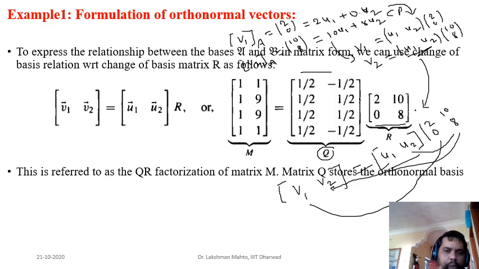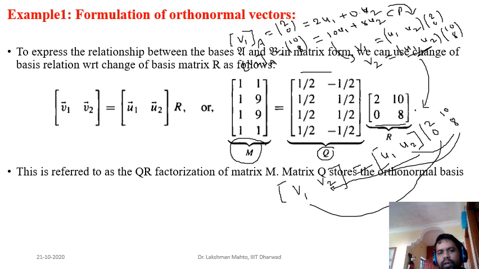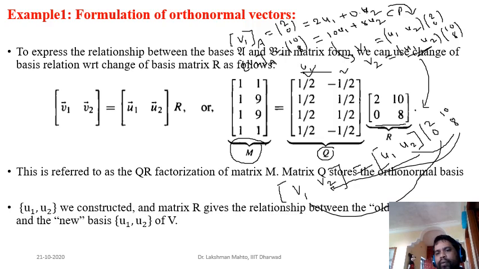R is also a fixed notation for an upper triangular matrix, and that's how, initially, you had only this information. That means the vector subspace was given with respect to these two basis elements. We constructed U1 and U2 later, with the help of the construction process of an orthogonal basis, or with the help of orthogonal projection.